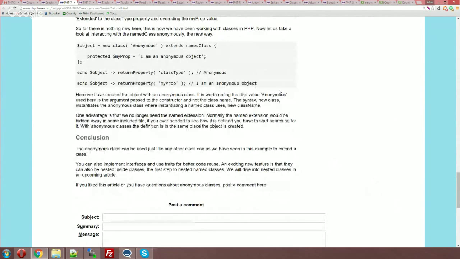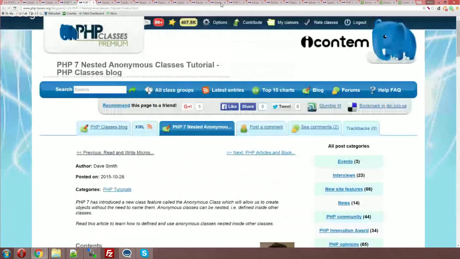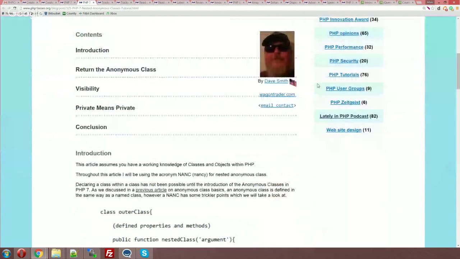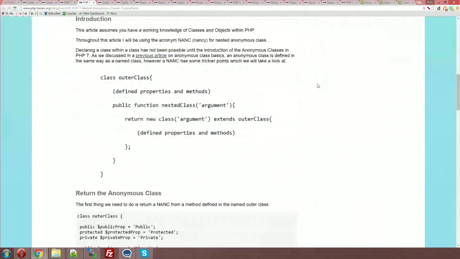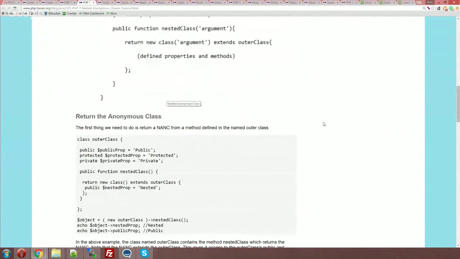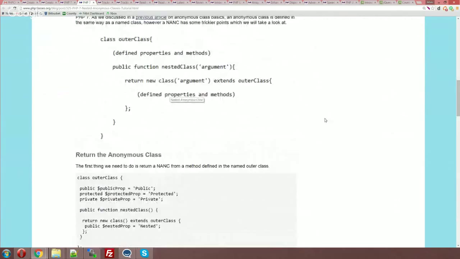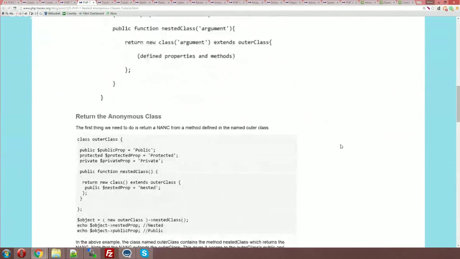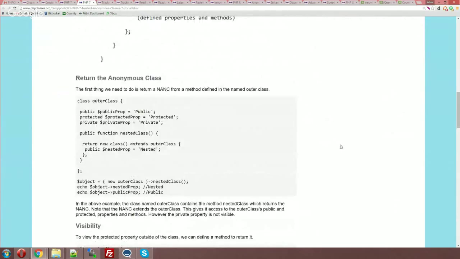And there is a second, even more complex article which describes PHP 7 nested anonymous classes. So, as you may have guessed, it's an anonymous class created inside another class. And you should really read through this because it's quite complicated. You can't just grasp the idea from skimming through it, but